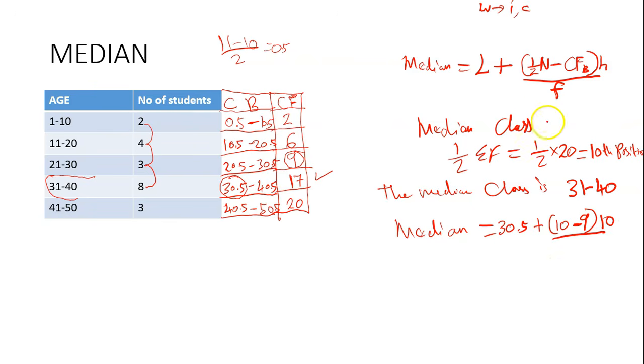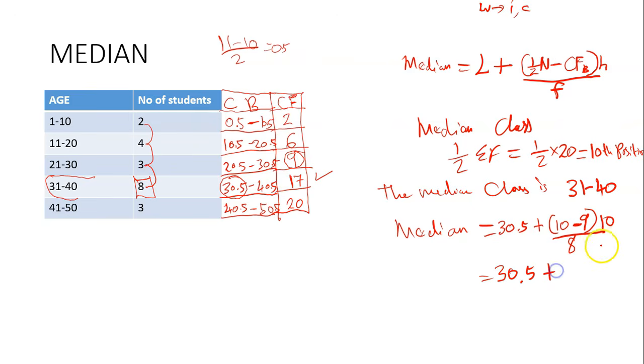Divided by. Now, the F represents the frequency of the median class itself. So what is the median class? This is the median class. And what is the frequency of the median class? The frequency of the median class is this 8. So we substitute it. So that gives you